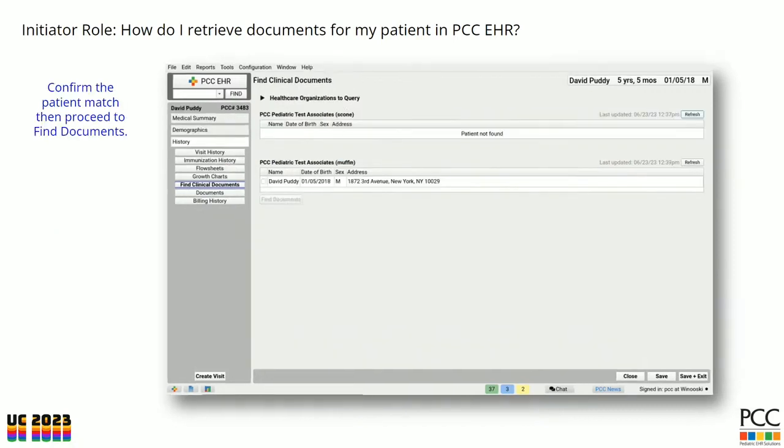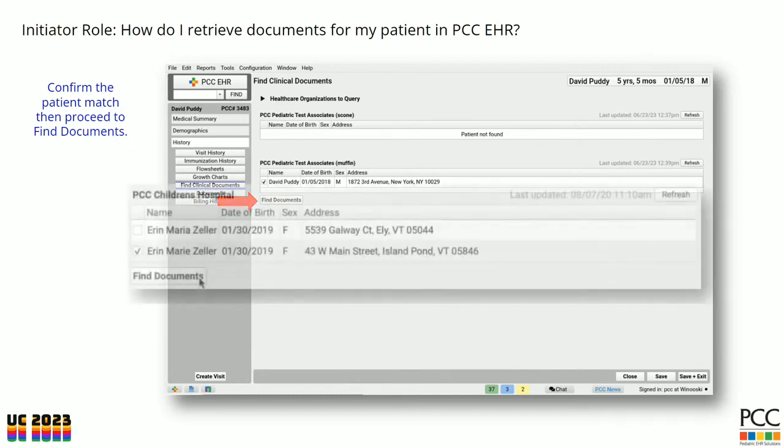And after I do that, a result has come back. There's been a match found. And so I'm going to look at that match. I look at the name, date of birth, sex, and address. And if it looks like the same patient, I'm going to confirm the match, and I can click Find Documents to proceed. Now, it's possible that